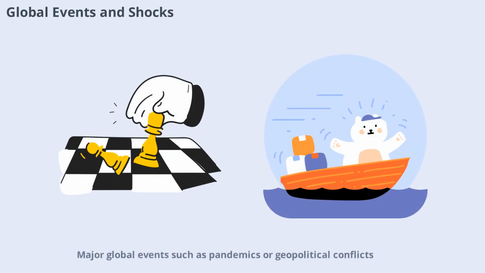Major global events such as pandemics or geopolitical conflicts can rapidly alter economic trends and disrupt investment banking. Banks must be agile, quickly reassessing their strategies and risk exposures in response to these shocks. The ability to adapt to unforeseen events is a hallmark of successful investment banks, ensuring resilience in the face of